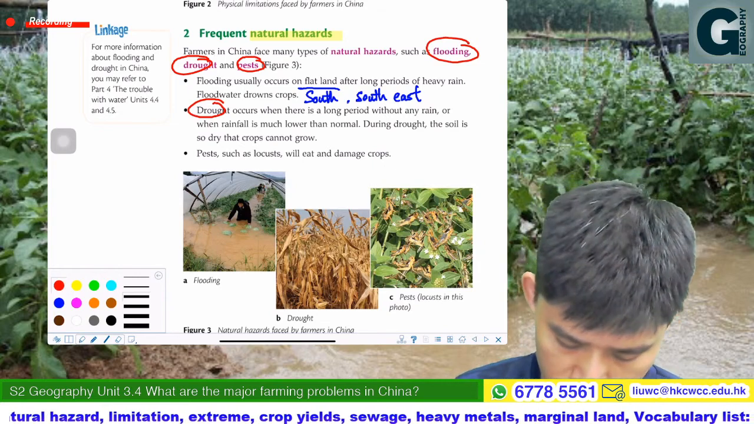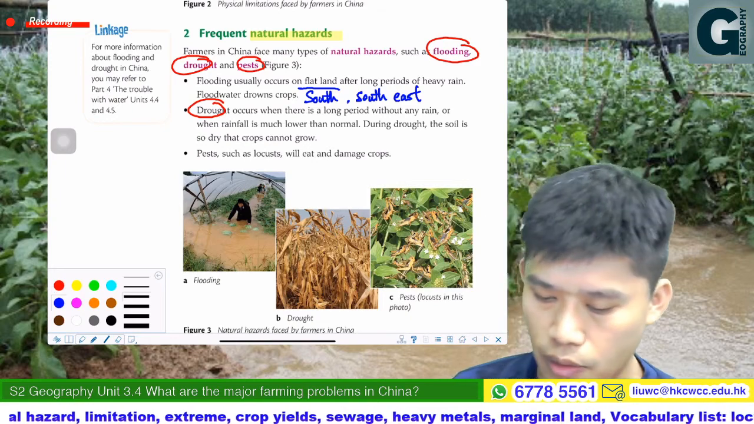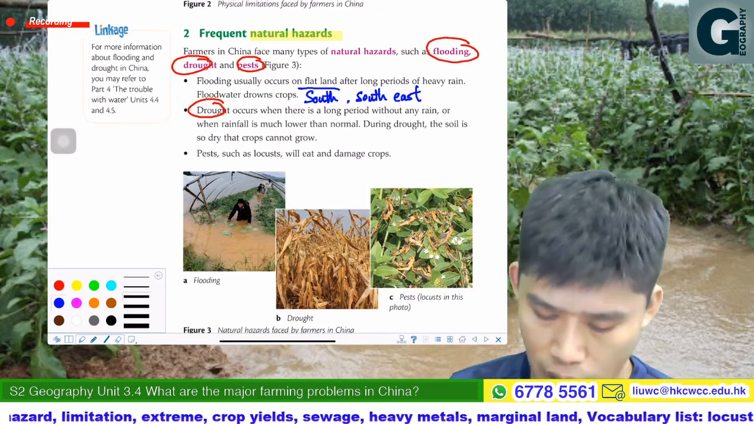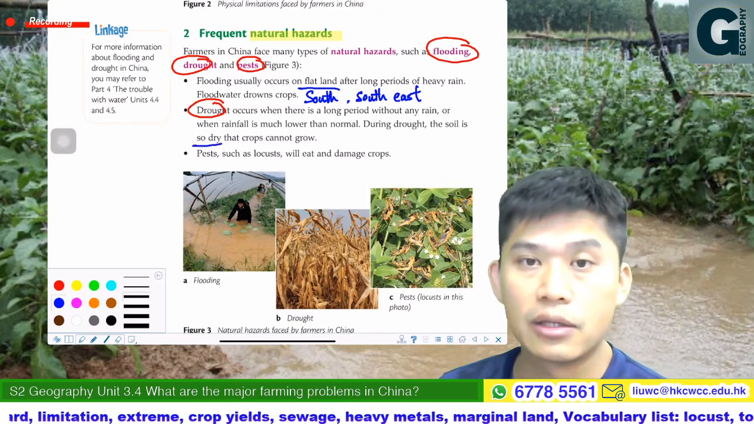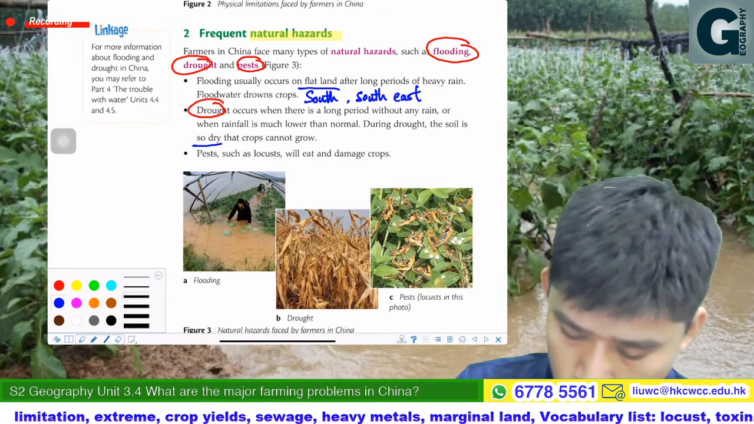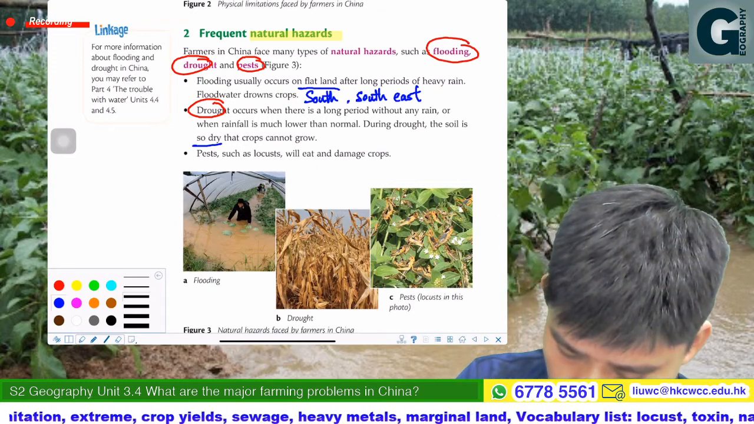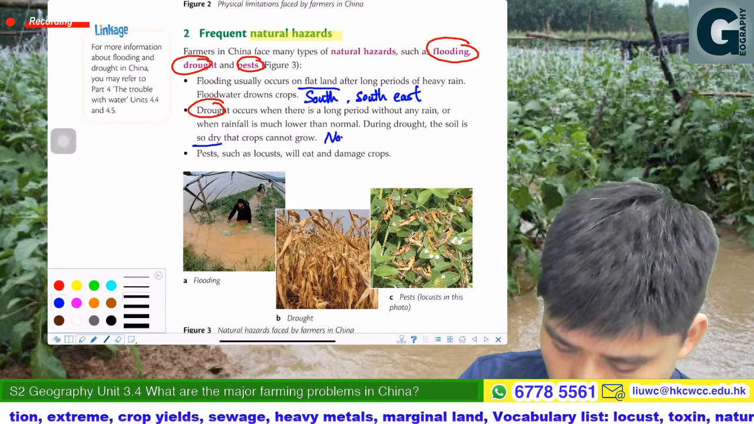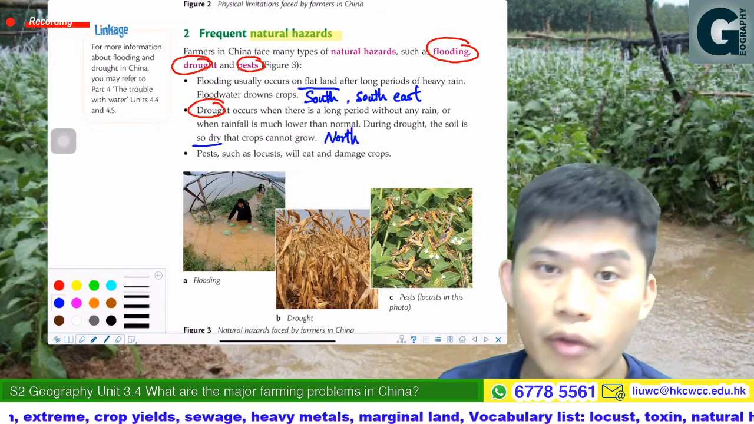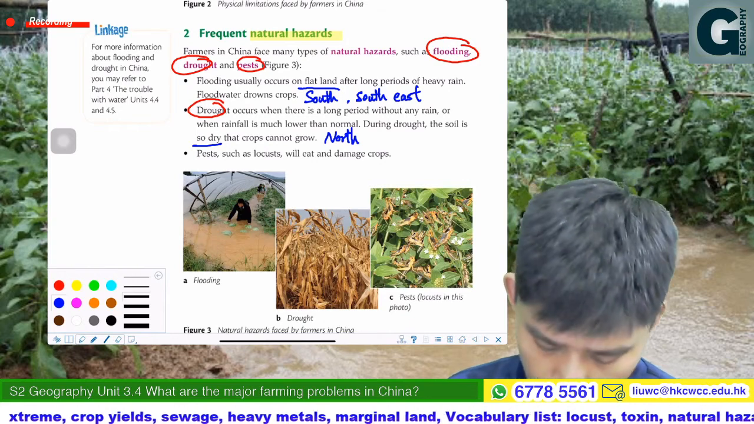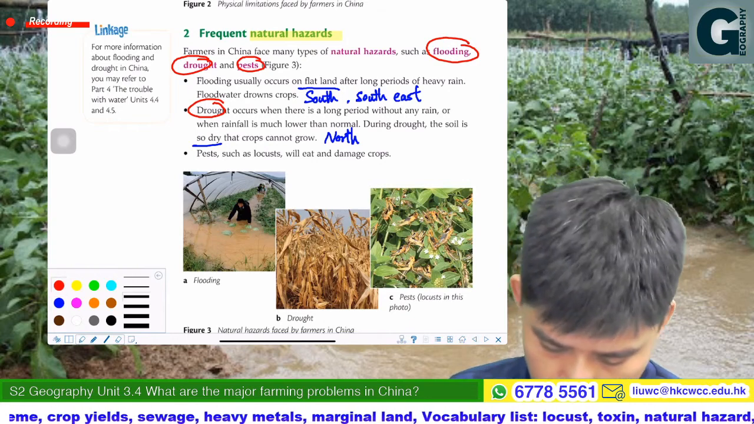When rainfall is much lower than normal, during drought the soil is so dried, and then the crops cannot grow. So this one may mainly occur in the northern part. Okay, and then the last one, pests